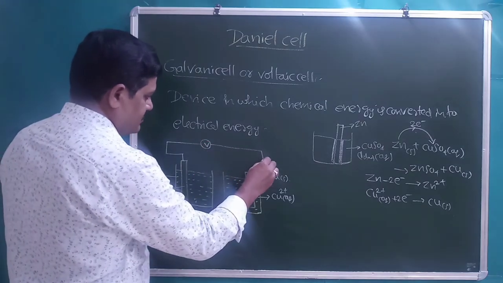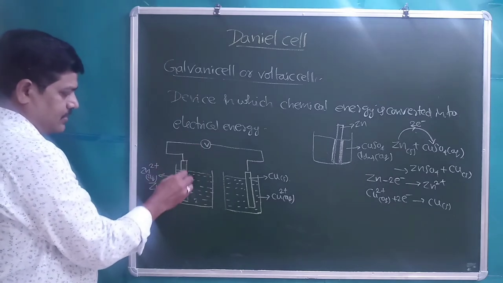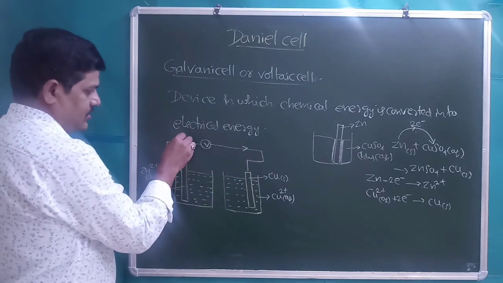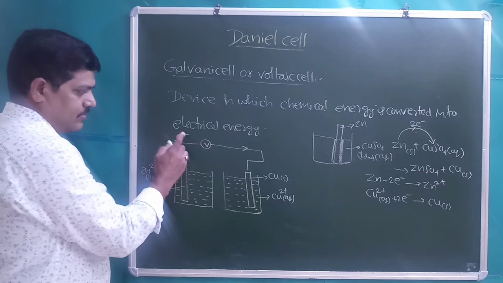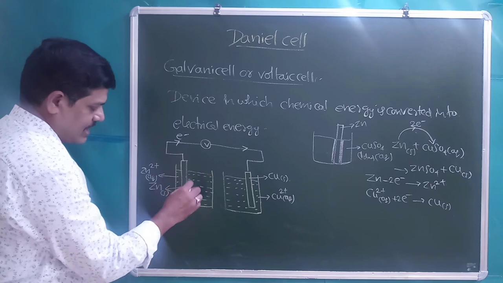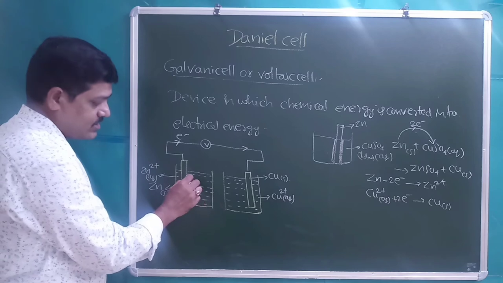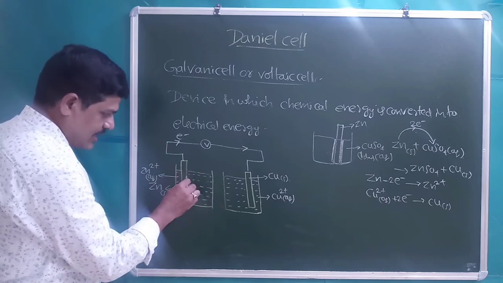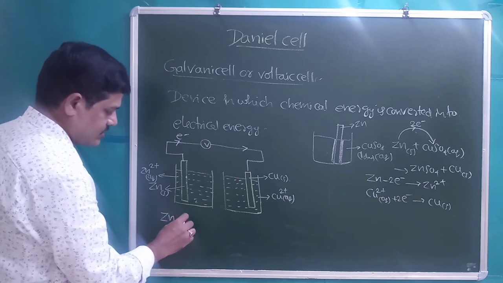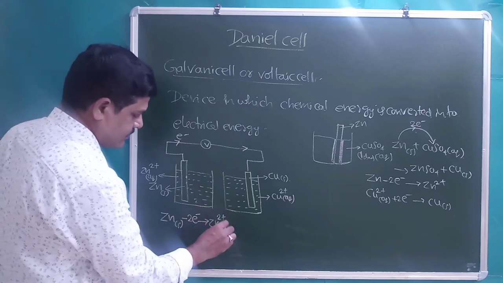then electron transfer will occur through the external circuit. Electrons will transfer from zinc rod to the copper rod through the external circuit. From where are these electrons produced? The surface of the metal rod is in contact with many Zn2 plus ions present in the electrolytic solution. The neutral atoms present on the surface have a natural tendency of losing electrons. Zn minus 2 electrons gives rise to Zn2 plus aqueous.